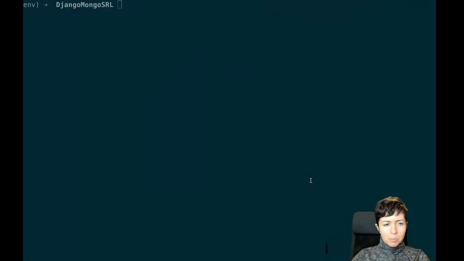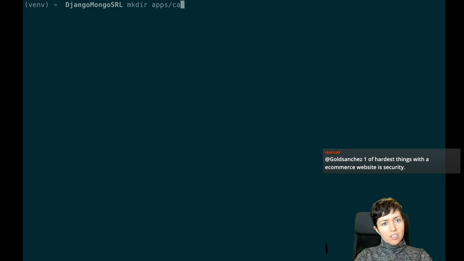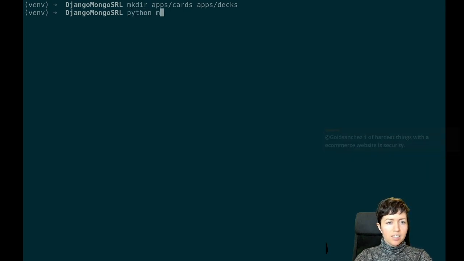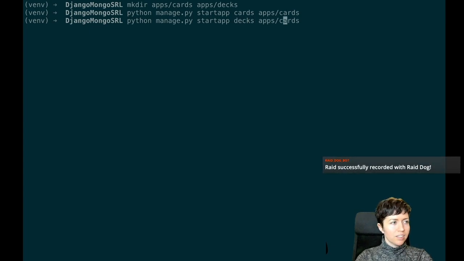I'm going to create 2 apps. No users this time, but I'm going to make directories apps/cards and apps/decks. So I need to make both of those apps. And now let me do python manage.py startapp. First I'll create the cards app in the apps/cards folder. And then I'll do the same thing for decks. So I'll create the decks app, and then,